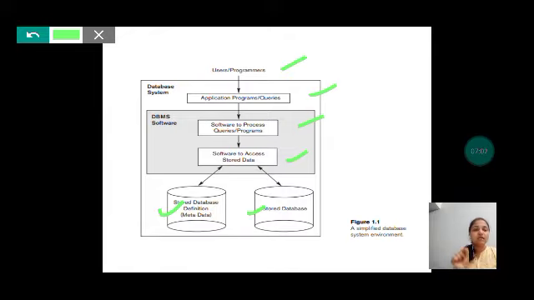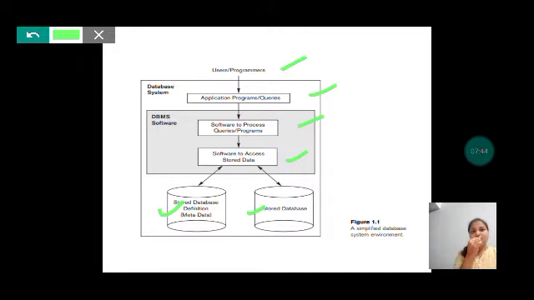What does the data regarding the stored databases mean? Just now we saw what all things are there in the simplified database system environment. Users and programmers are needed, right? You want to access a database. Suppose I take the Facebook example. Facebook has a large quantity of data in its database, because billions of users are using Facebook. So Facebook has its own database associated with it.